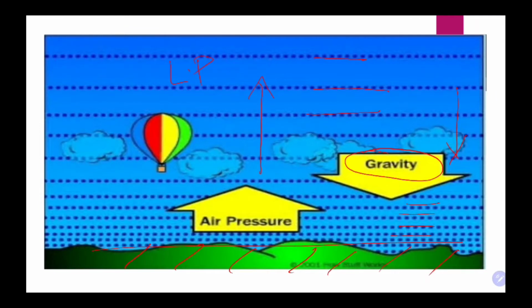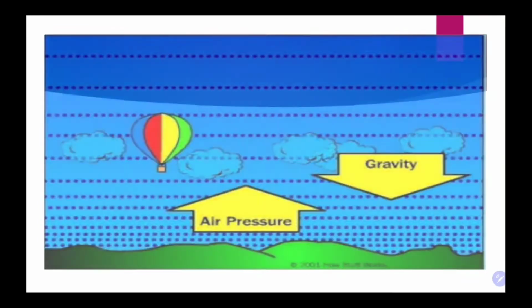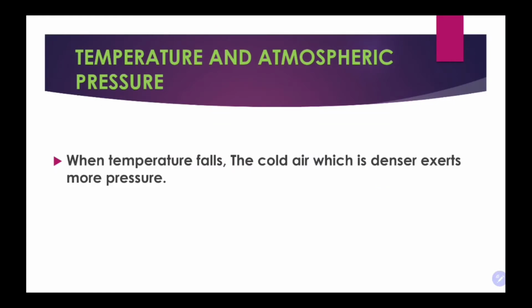With increase in height, temperature will reduce. With increase in height, temperature will be less and pressure will also be less because the air is less dense. So students, on the surface of the earth, temperature and pressure have an inverse relationship. But as we move up with height, temperature and pressure both reduce because of less dense air. Now we'll learn this in detail when we learn the relationship between altitude and atmospheric pressure. Before that, let's learn a little more about temperature and atmospheric pressure.